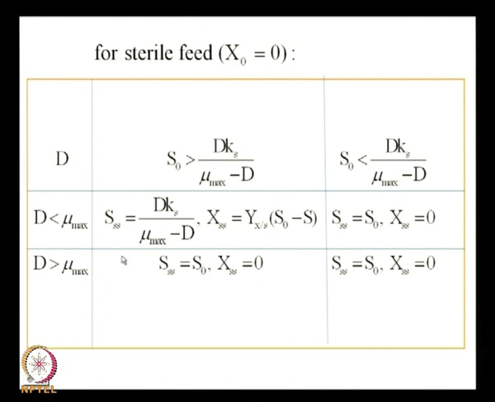Now, if either of these two constraints is violated, then what you end up having is a trivial solution, as you have over here. All these are trivial solutions, because XSS is 0 and the steady state concentration of the substrate is the same as what you put in. So, the best way to remember this is that these two constraints have to be satisfied. If they are, then in this space where both these constraints are satisfied and intersect, you get this solution. Anything else, you get trivial solutions. So, this is essentially the steady state analysis of the